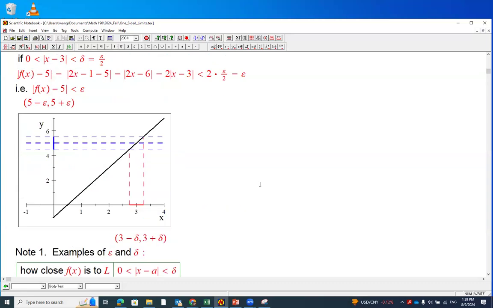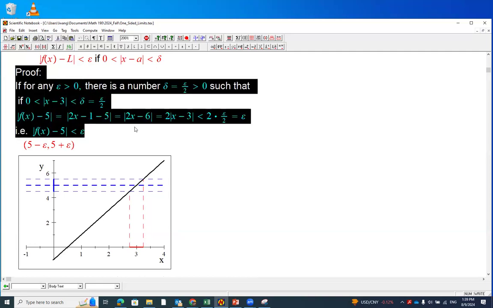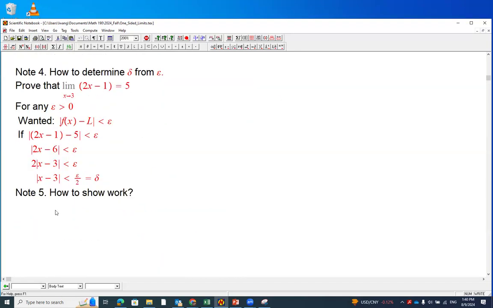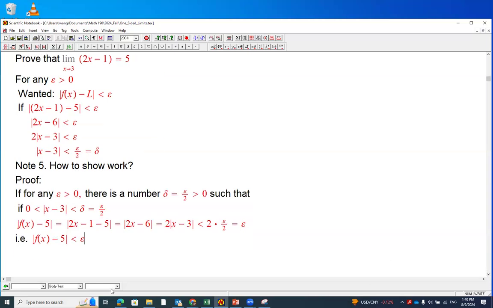When you show work, this part is what you need to show. So to prove that, this is the work you need to show. If you can show that piece and every step is correct, and using the right wording, then you can say